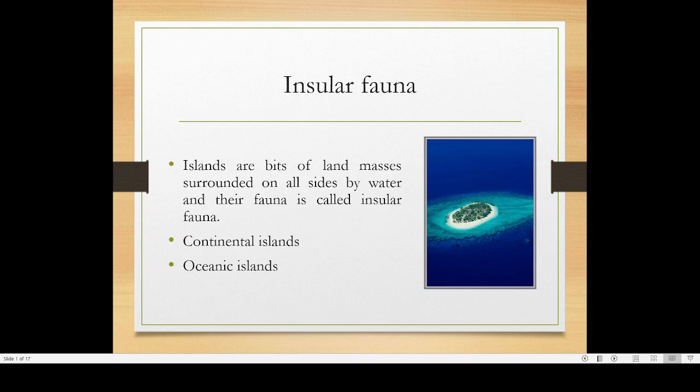So regarding this insular fauna, as I told you, it is a study of animals or fauna of islands. Basically, if you look at the definition of an island,